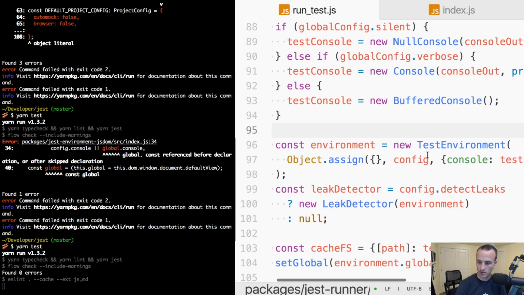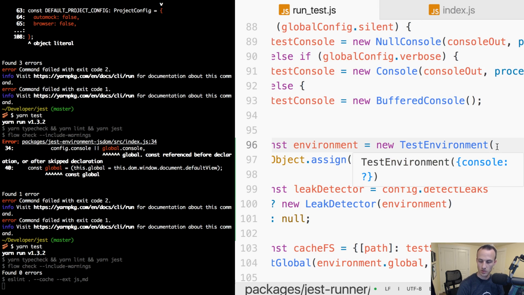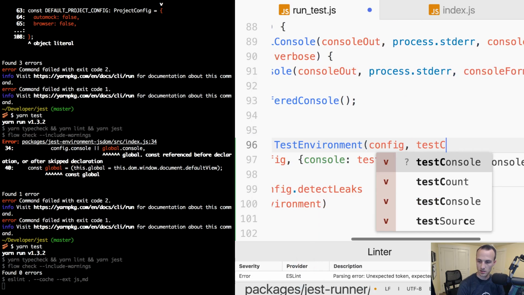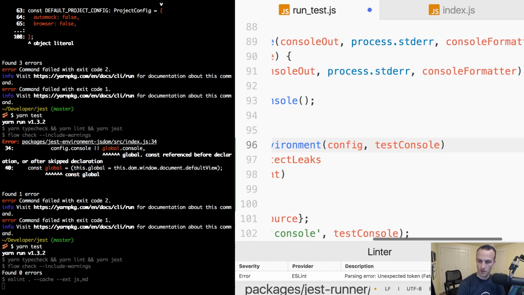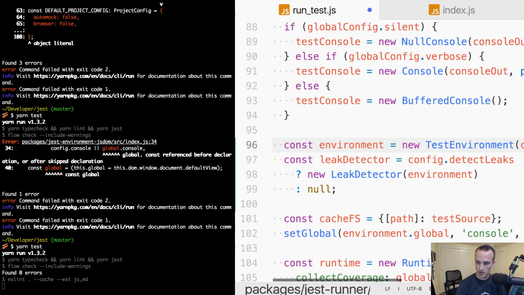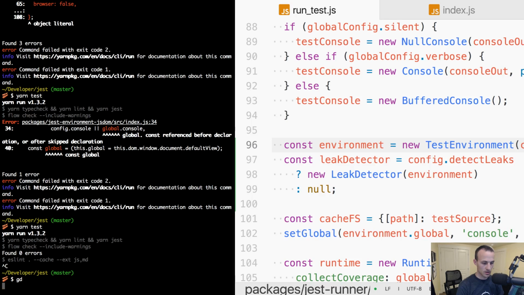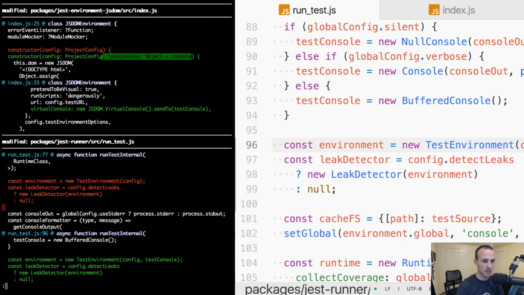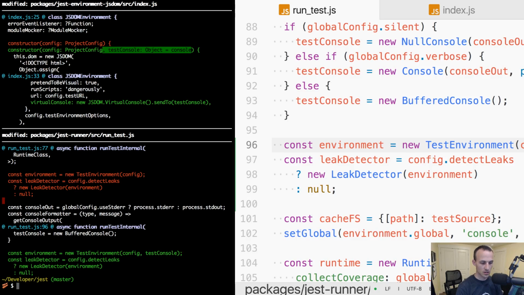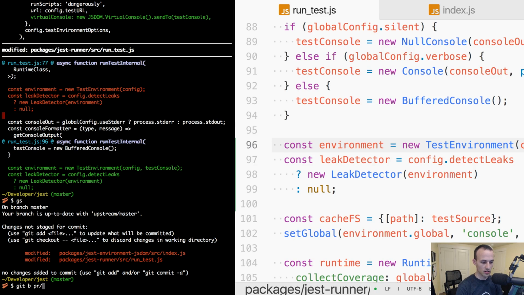Then we'll do config and test. Okay, that'll be good. Now let's just look at the diff here. And we just moved that down. Yeah, very simple. So I'm gonna go ahead and make a branch called